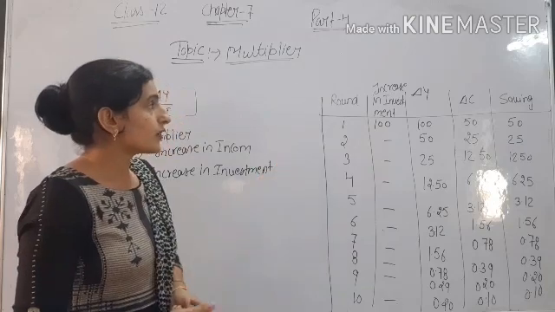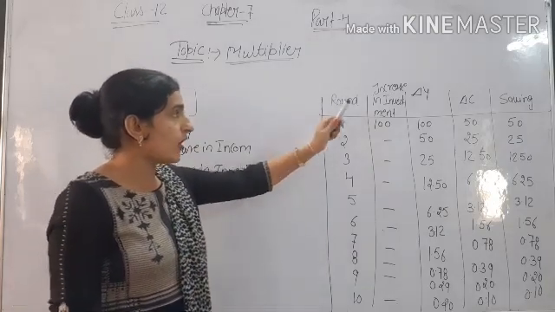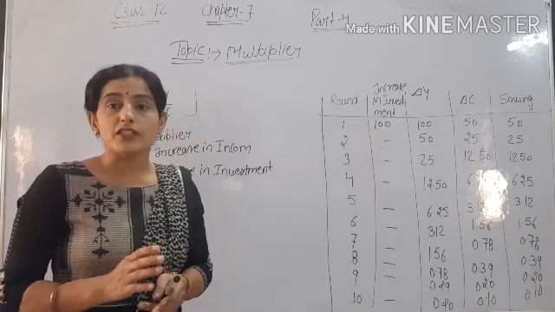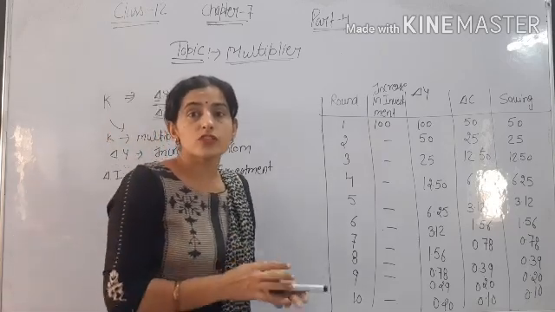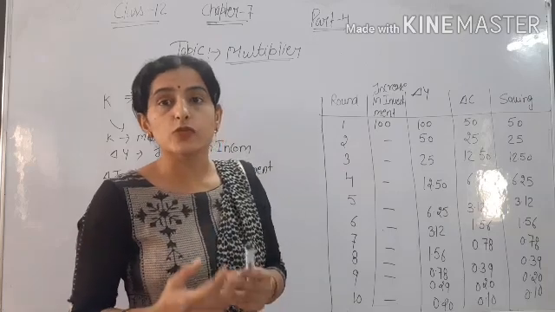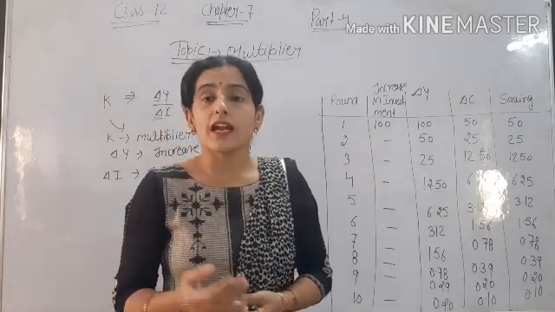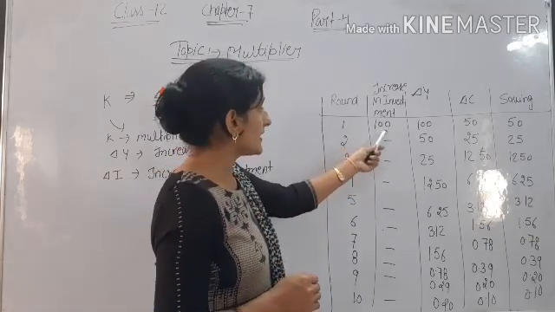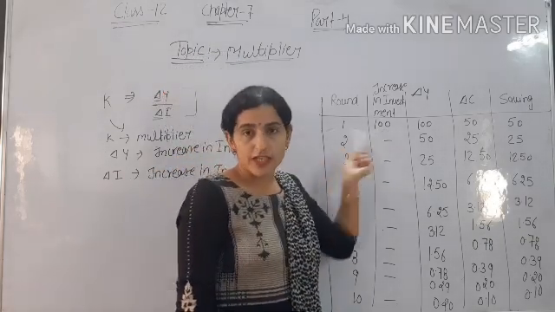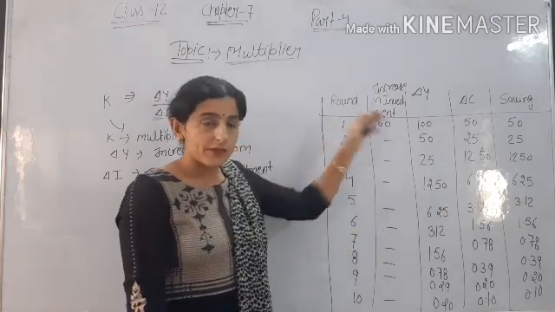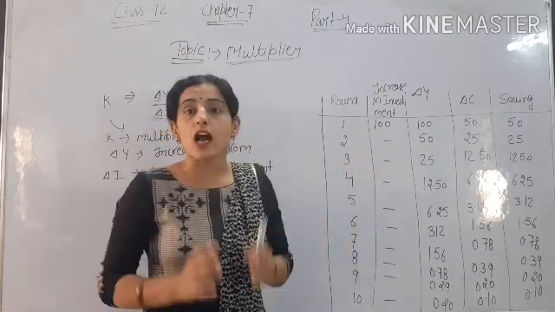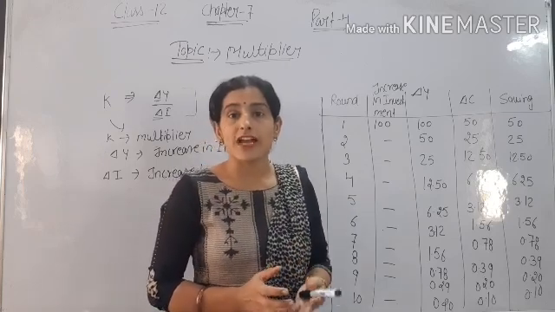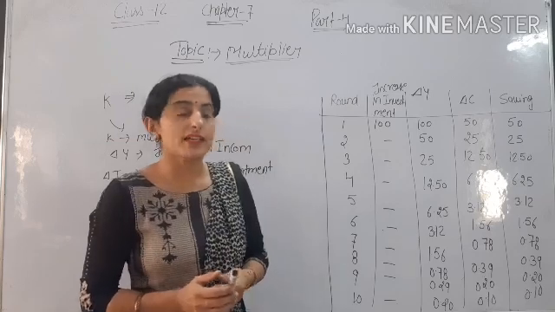In the table you can see that we have shown rounds, meaning first, second, third, because there are many rounds by which rupees are converted into saving and investment, how much investment there is, and due to that how much change in income. For example, there is an investment in the economy of 100 rupees. By this table we will come to know how the multiplier works, meaning how the multiplier affects investment and income in the economy.